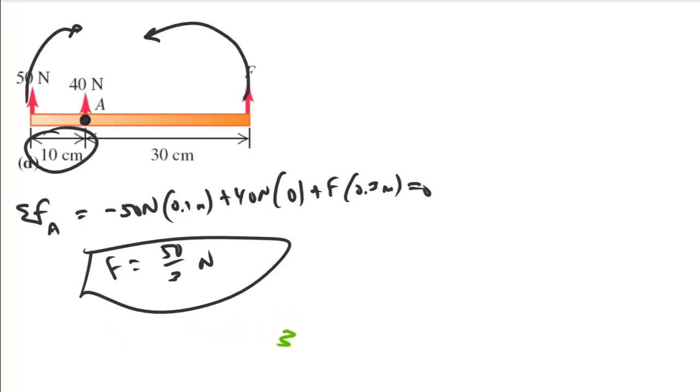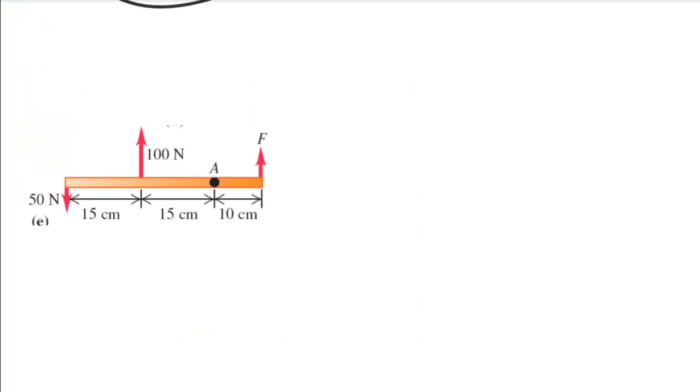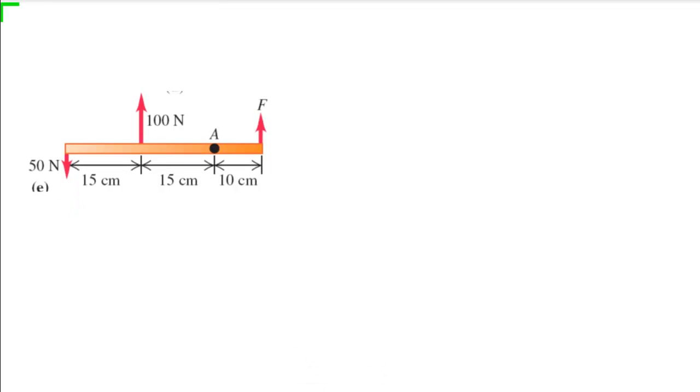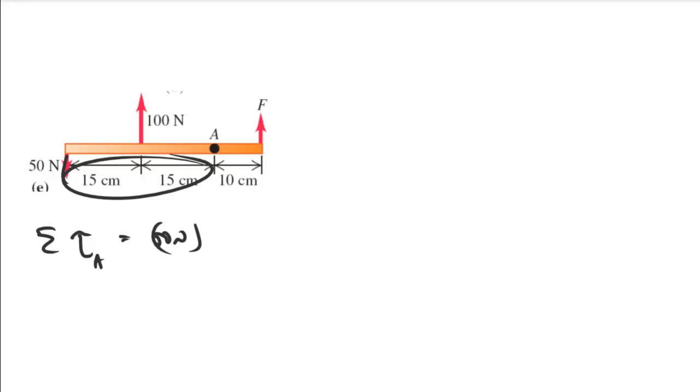Okay, then rotational equilibrium about point A, I should say. Then in E, oh, we finally have one that's going downwards here. See how that plays a role. Then summing the torques about A, I look at this 50 newtons here, and then I look at the moment arm is 30 centimeters,